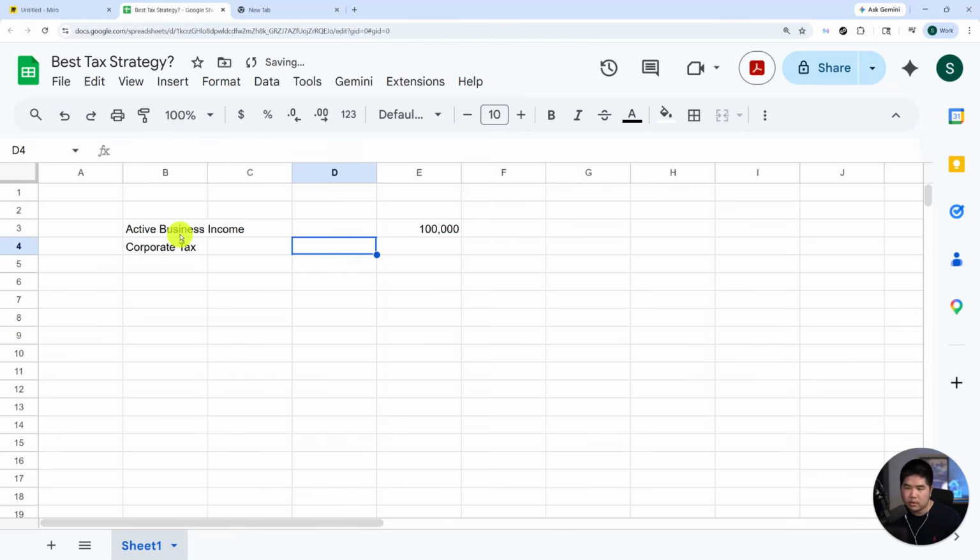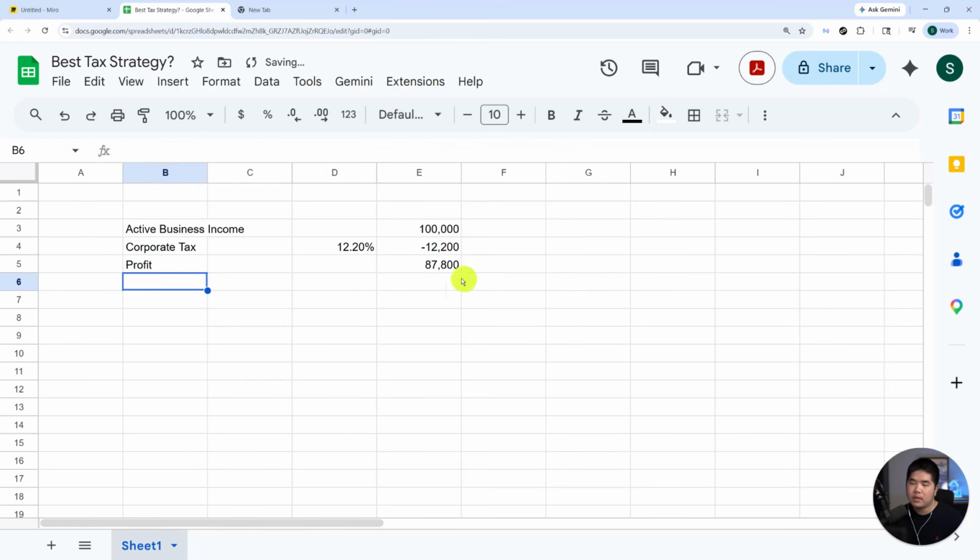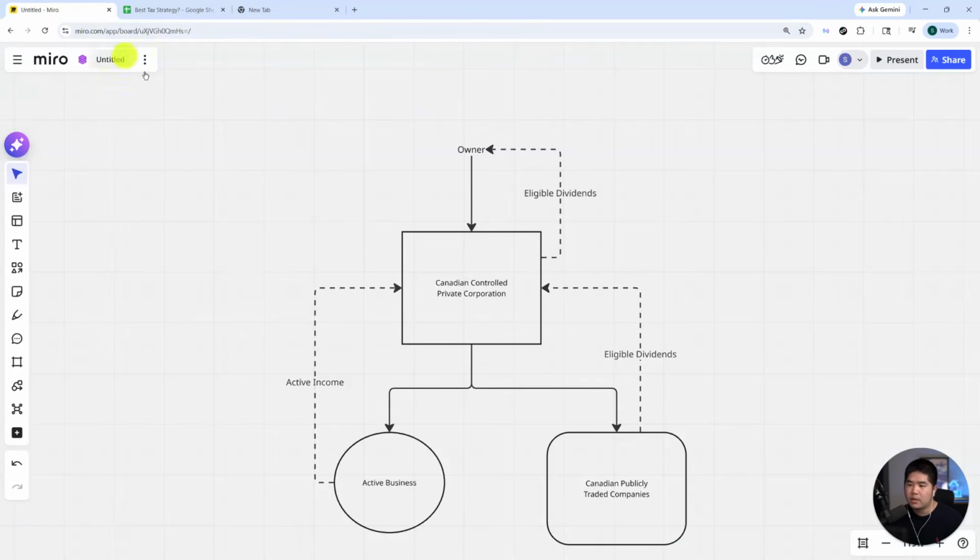And let's assume we are in Ontario, so it's going to be 12.2%. So the profit is $87,000 or $88,000. So then we're going to use that $88,000 and we're going to invest in Canadian publicly traded